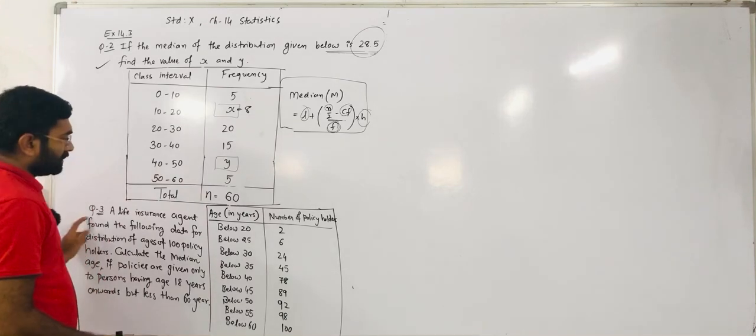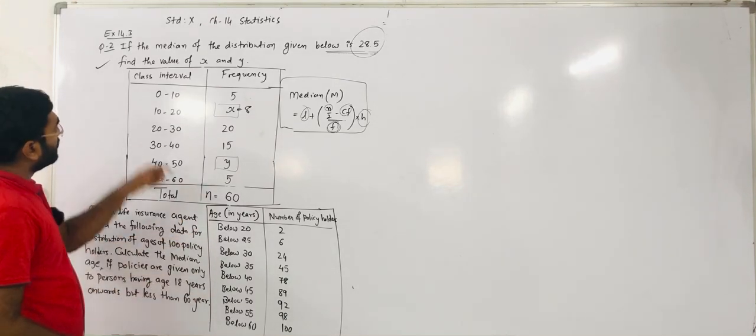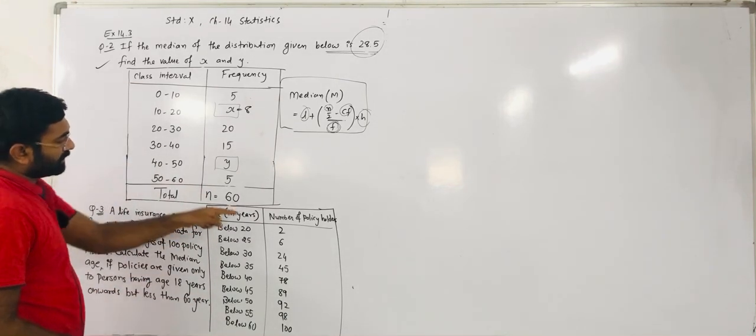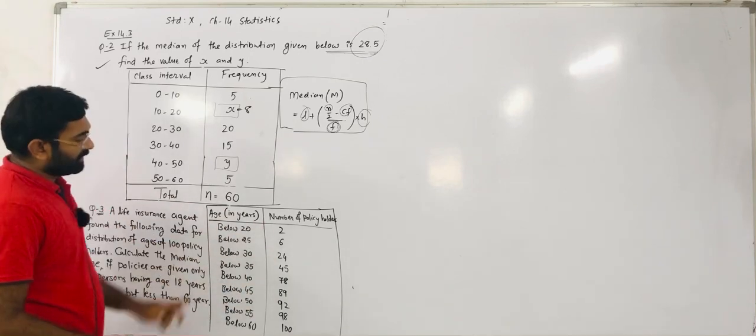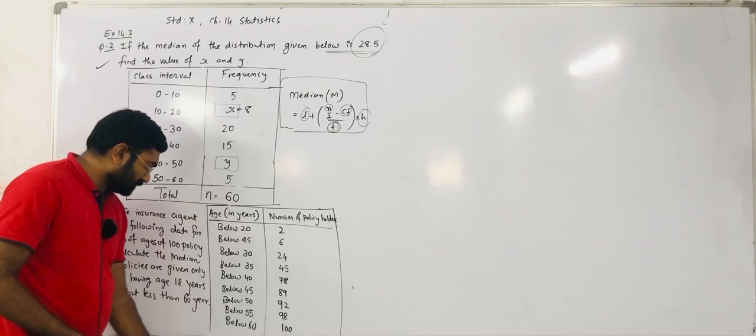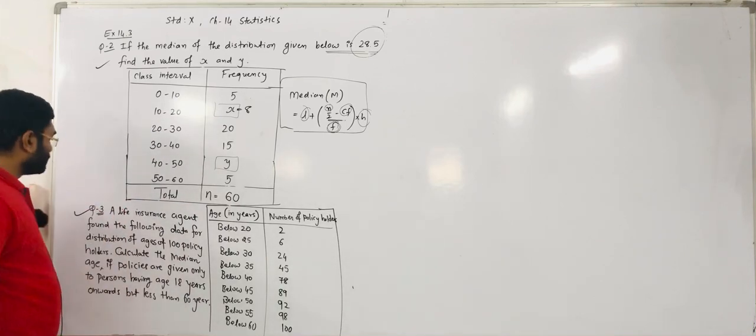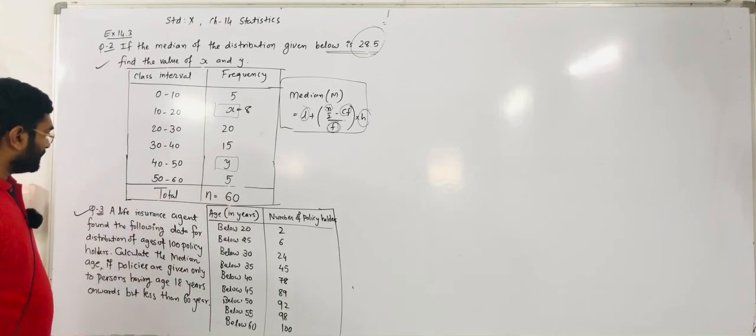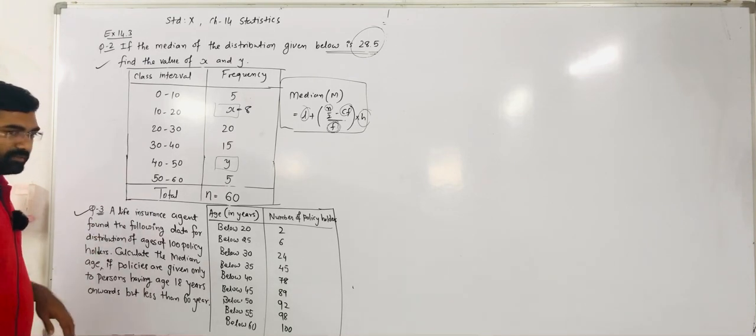In the third question, classes are not given in a group form. Another thing here is that they don't give the frequency, they give the cumulative frequency value. So in the third question, as I told you, there is a little bit of a different thing, so you may learn new things. See question number 3.